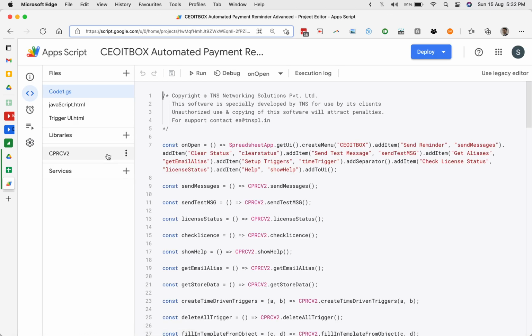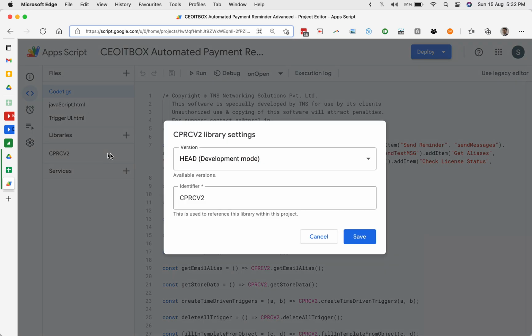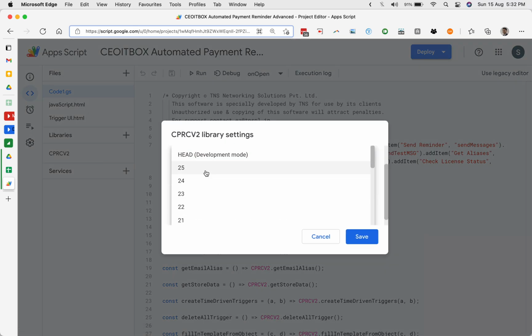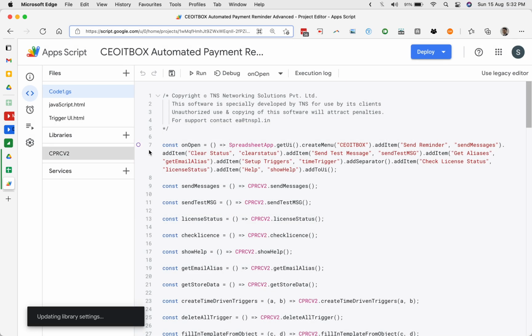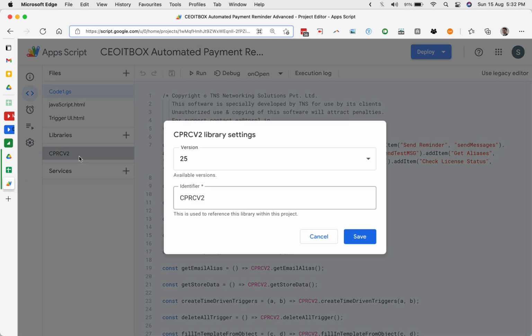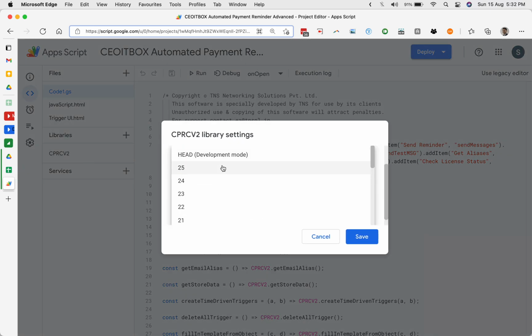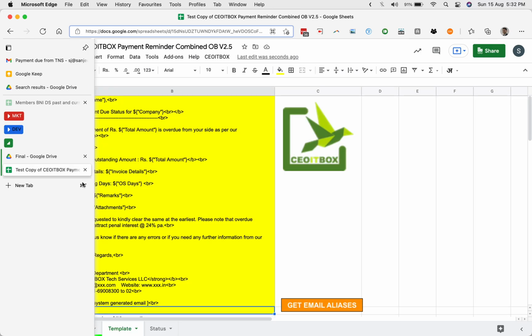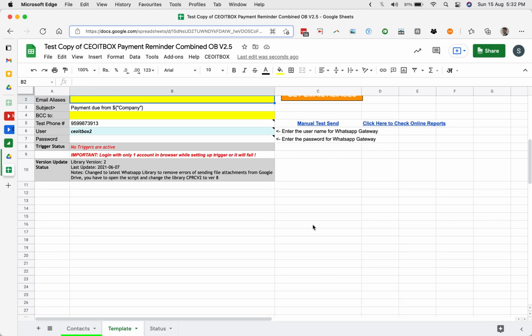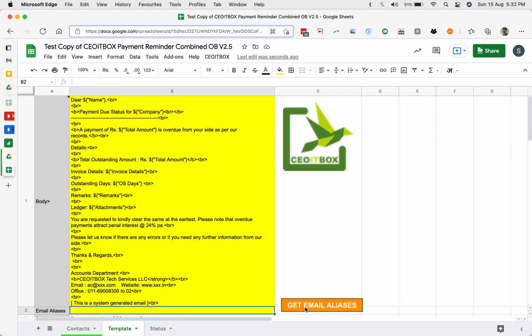development mode will be off. You don't have to keep it on. This is only for developers, that is me. So just select the latest version like this and click on save. Under the libraries, click on this CPRCV2 and select the latest version that is available and click save. So your sheet will be upgraded,